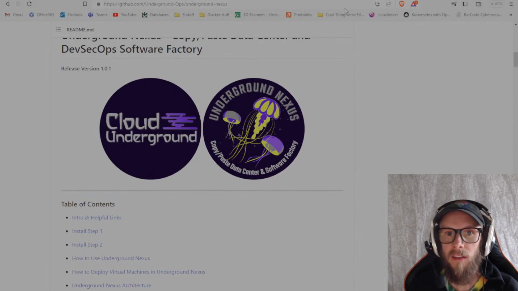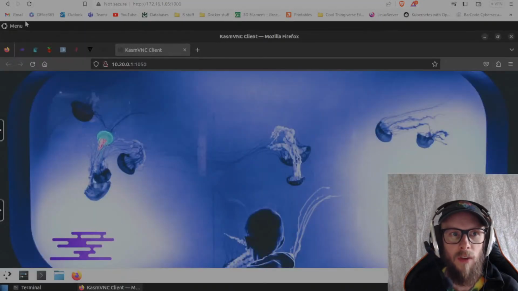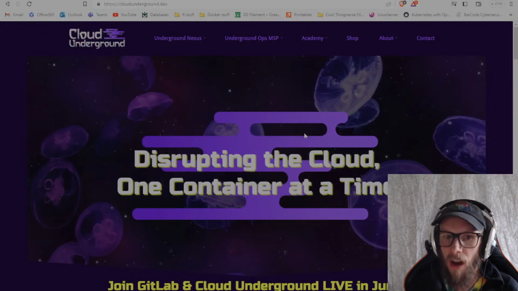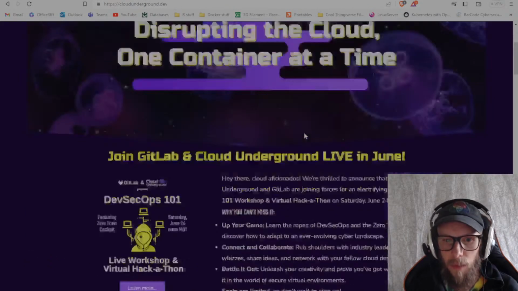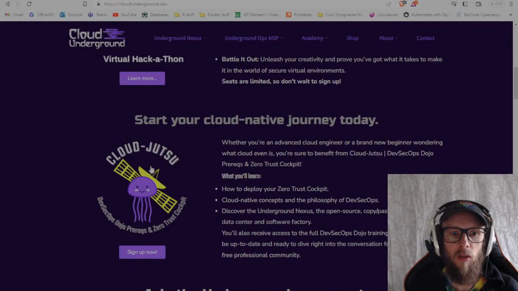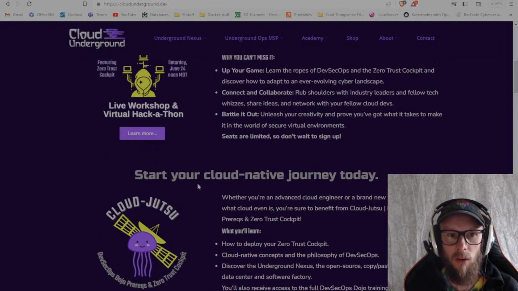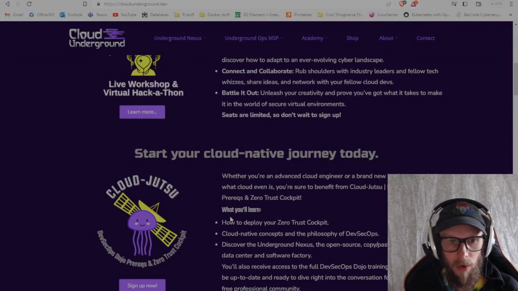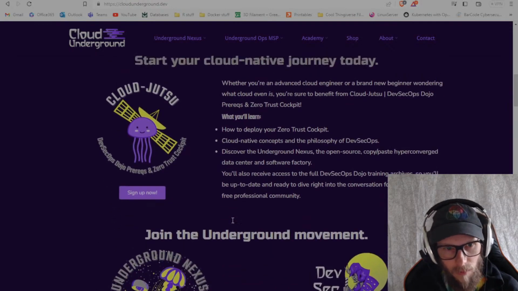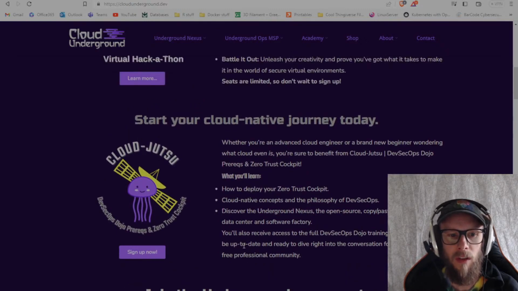Once you have an Underground Nexus instance going, then to figure out how to get a Zero Trust Cockpit going, you would go to our website and then get the Cloud Jitsu program, and it describes in the Cloud Jitsu program how to deploy a Zero Trust Cockpit. So it's super cool stuff. That's one of the newest things that we've released. It costs $24 to do this course, but you can get it for free if you join us in our